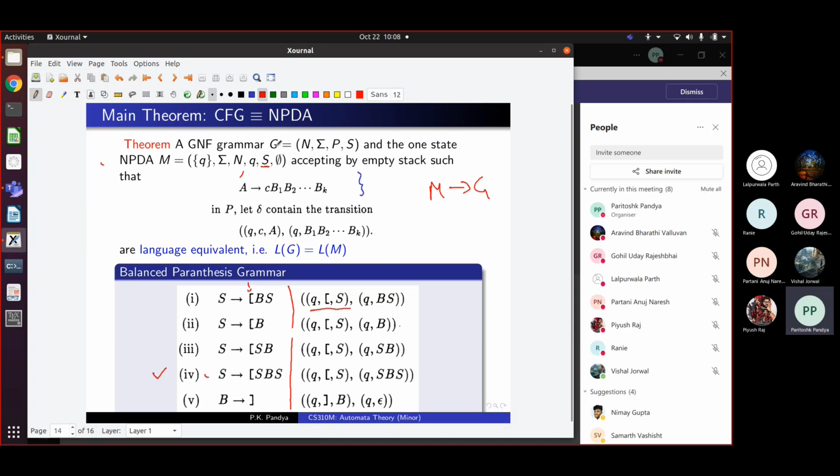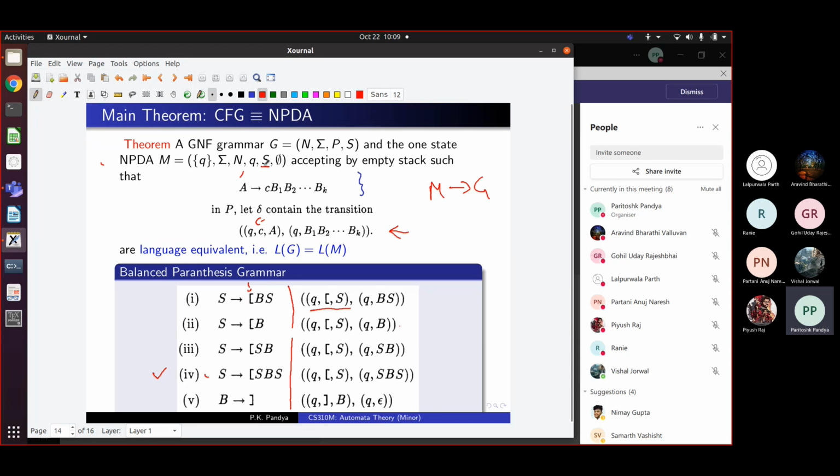In the previous part, we went from G to M. We can go from M to G in exactly the same way. The stack alphabet becomes the set of non-terminals. The bottom or the initial stack symbol becomes the start symbol of the grammar, and the production rules will be defined like this. If there is a rule like this in my automaton, then I will introduce a rule like this in my grammar. Okay, there is one caveat. Sometimes instead of C we may have an epsilon in the automaton. So here, instead of C, we will get an epsilon.